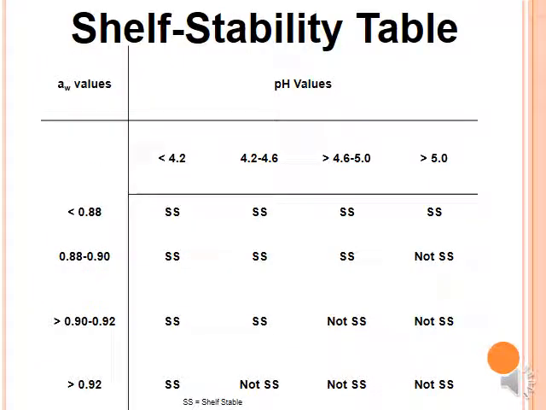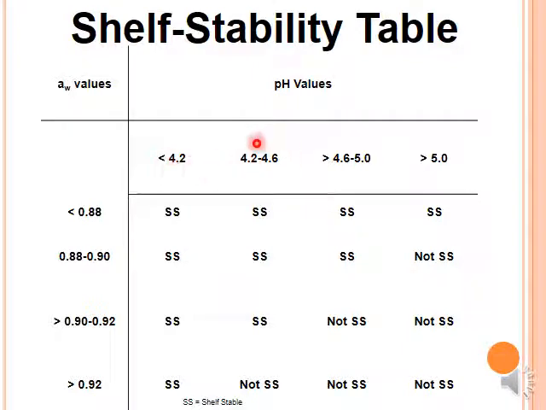So this table sums everything up between water activity value and also pH, showing which food is shelf stable or has a long shelf life. For acidic food, in which the pH is less than 4.2, mostly the foods are all shelf stable from low to high water activity. So that's why you see an exception in terms of acidic food. We don't need to refrigerate,